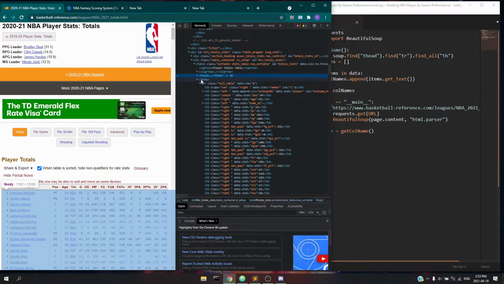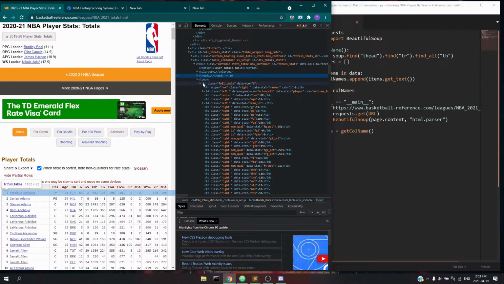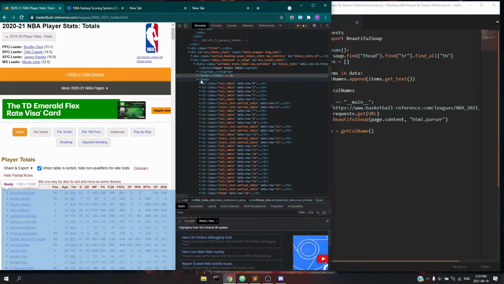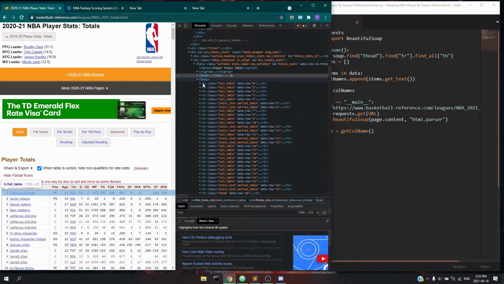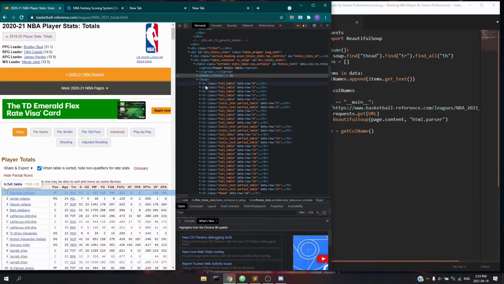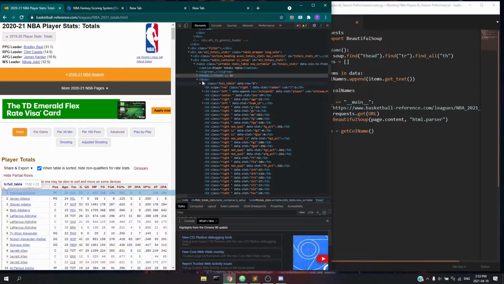So in the table body is where all our content lies, and each table body is comprised of table rows, and each table row has all the pieces of data that we want. So let's go ahead and attack the table body,